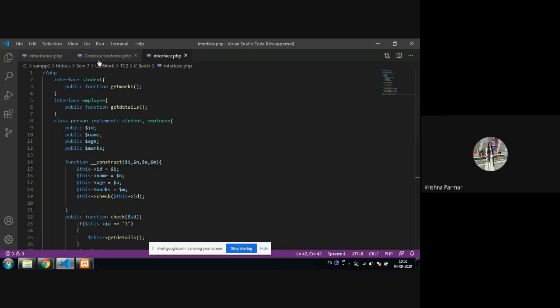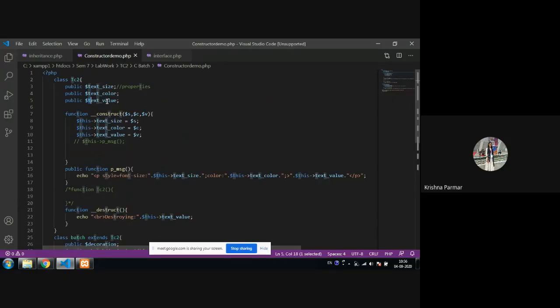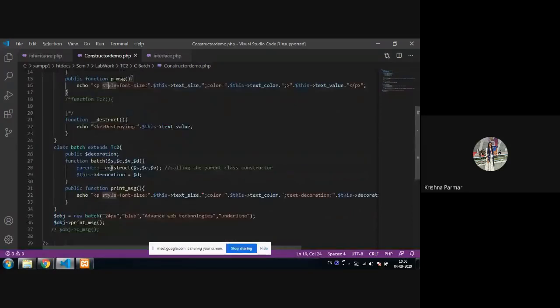So we already went through 3 programs. One is a constructor. So here I create a constructor, then methods. Destructor is used for the cleaning up process. If you are using the inheritance concept and in your child class you are providing the constructor, then the parent class constructor will be called according to this syntax. Okay, and you don't have to write everything that you already wrote in the parent class. So the code reusability concept is also demonstrated here.